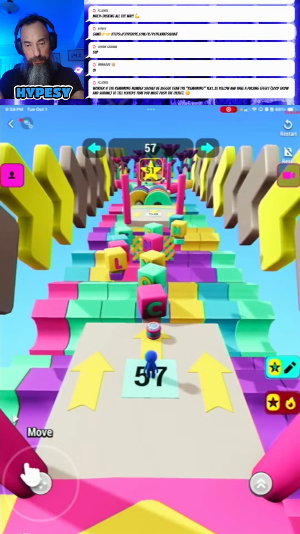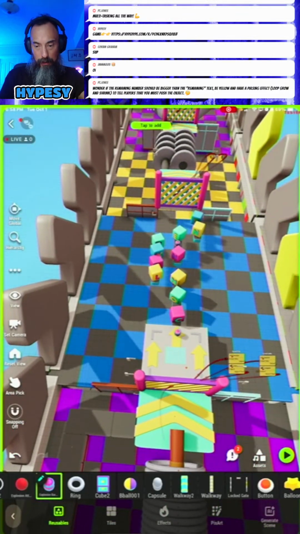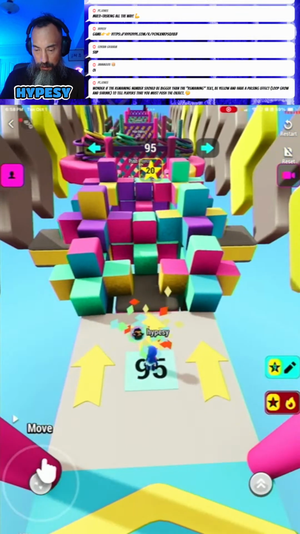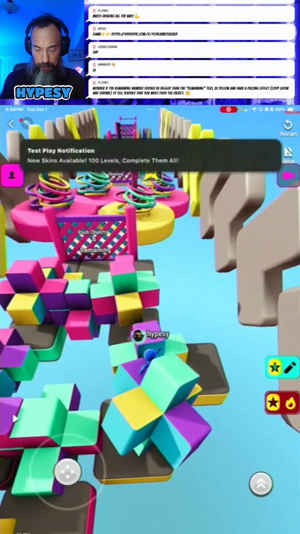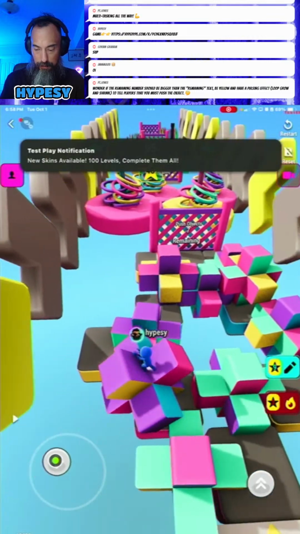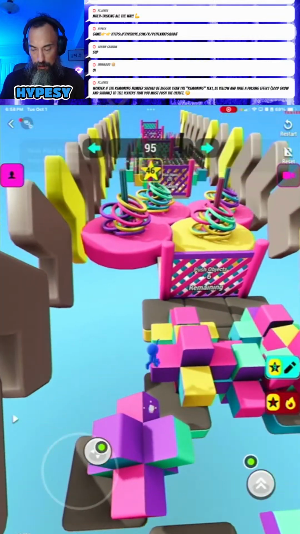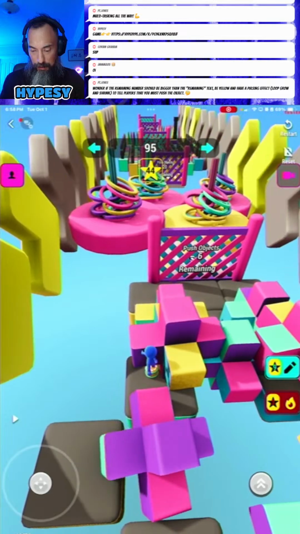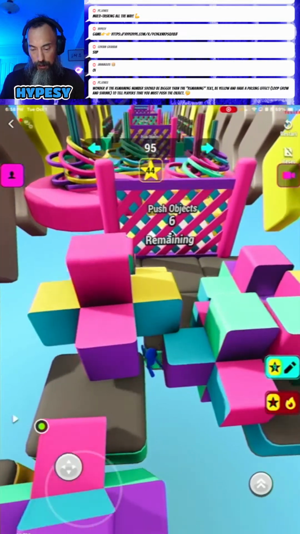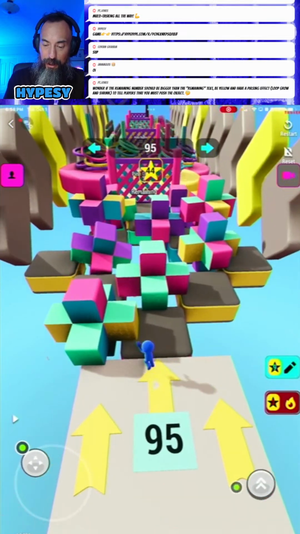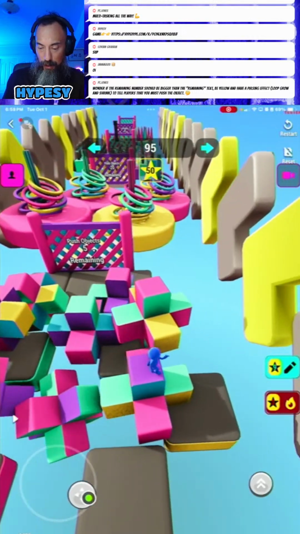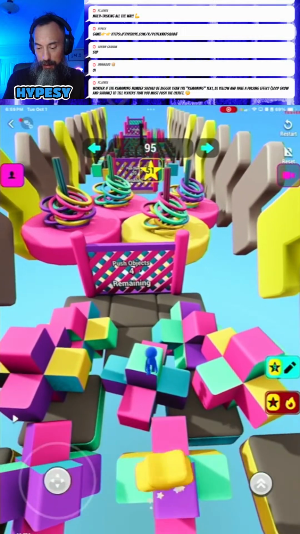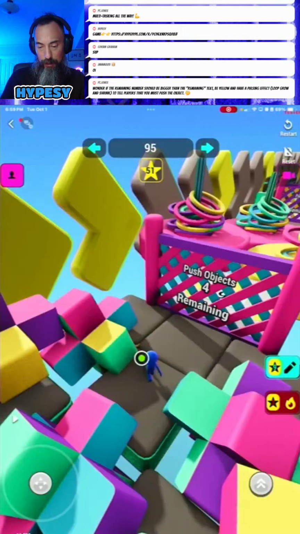Okay. Let me go through these levels. Some objects are too big or too heavy to be affected by the dynamite, but all the objects get affected by the metal or the rod.